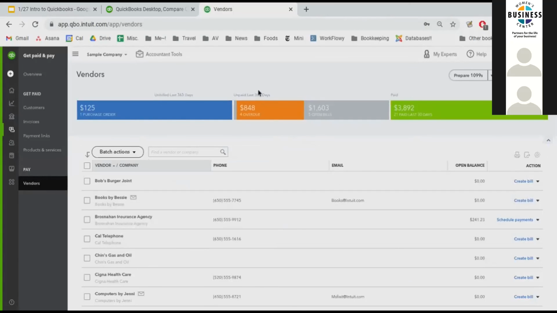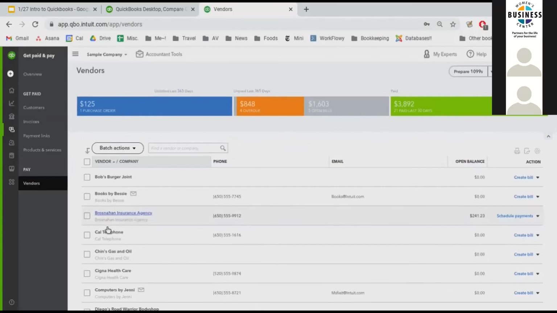So in a nutshell, that is literally how you add in customers and vendors. The really nice part about adding these things in advance is that when you do go to create a transaction, it's going to autofill all this information for you so that you're not filling it in every time. So we'll take a look at that when we have time at the end for overviewing some